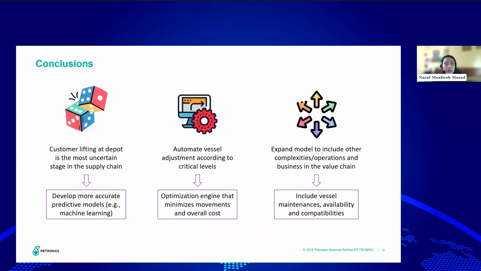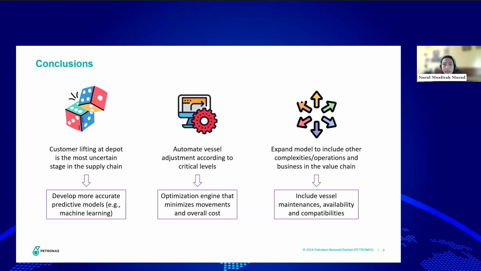Okay. For conclusion, some of the learnings from building the supply chain simulation. The first one, customer lifting at depot is the most uncertain stage in the supply chain, and mitigation involves difficult changes at early stage upstream. So to be able to have more accurate simulation, there's an effort to develop machine learning models that predict lifting volume with more precision. And the second one is a request from the business